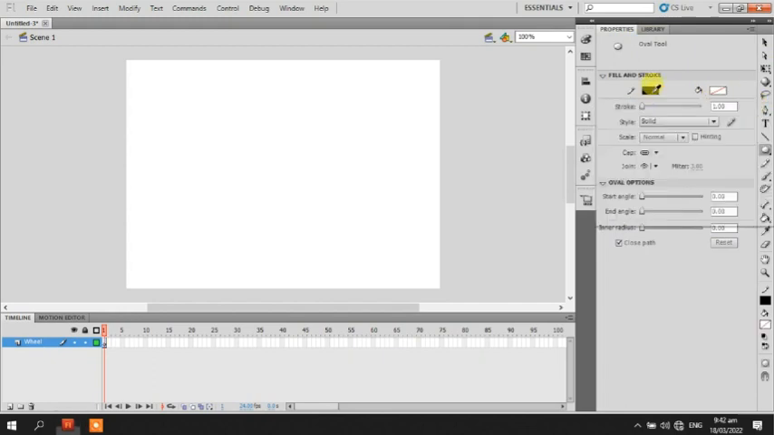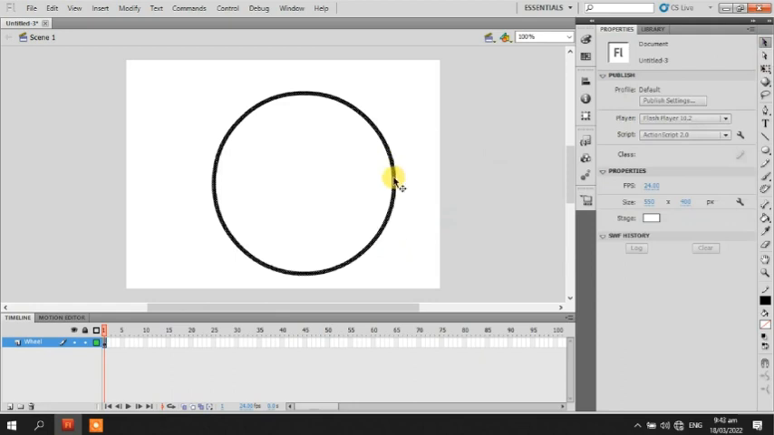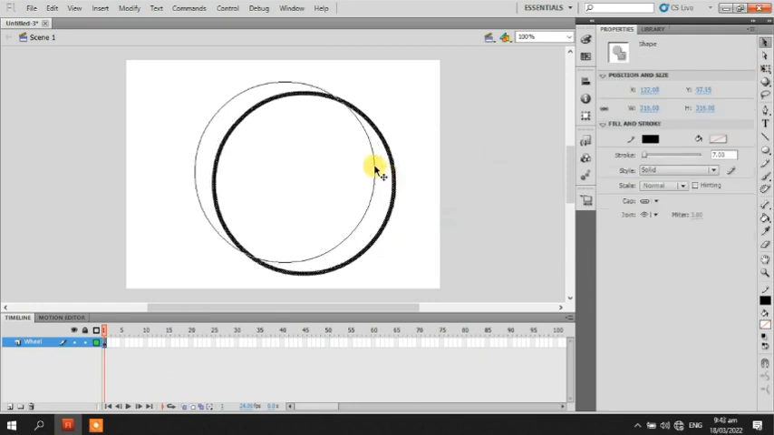We're gonna cancel the color of the fill, and then just put the lining of it, and then change the size to 7, and then create the circle in the middle of the stage. After that we need to drag it until it goes to the middle,